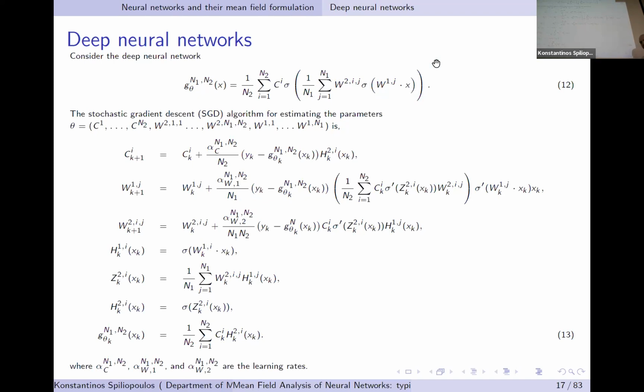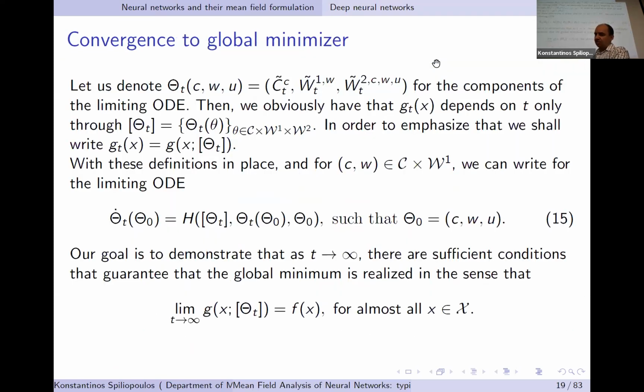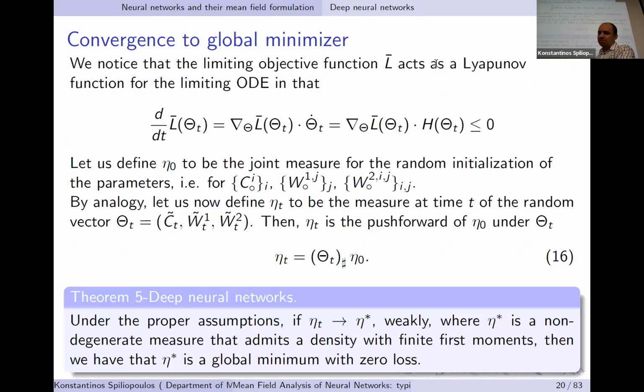So the advantage of the theory is that it gives you a mathematically informed way to choose the hyperparameters. I will discuss this in 5 minutes in a setting that will be easier to present. But going back to that, still in this case, because of the structure of the limit, we can prove that essentially